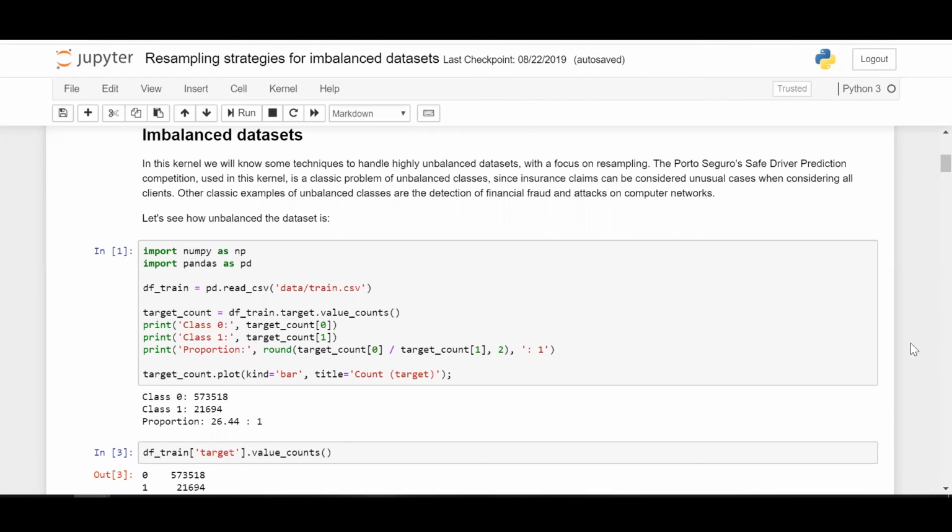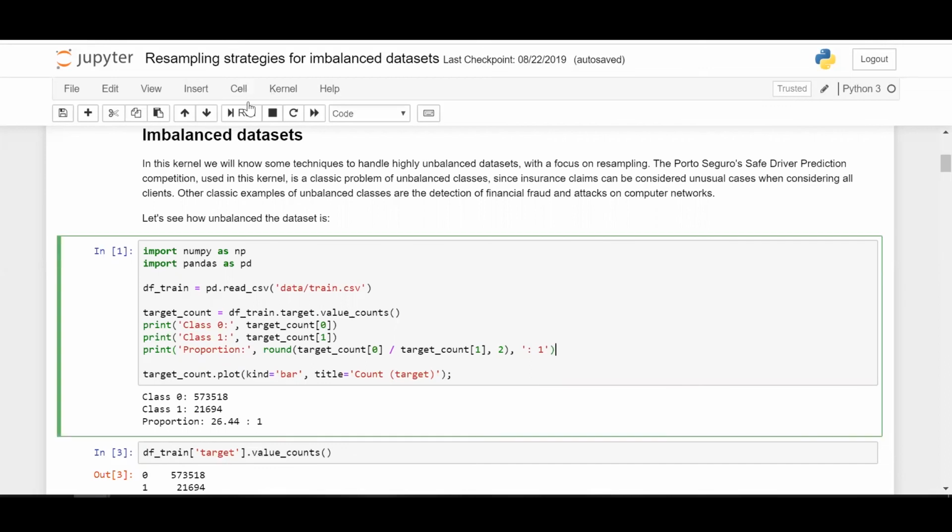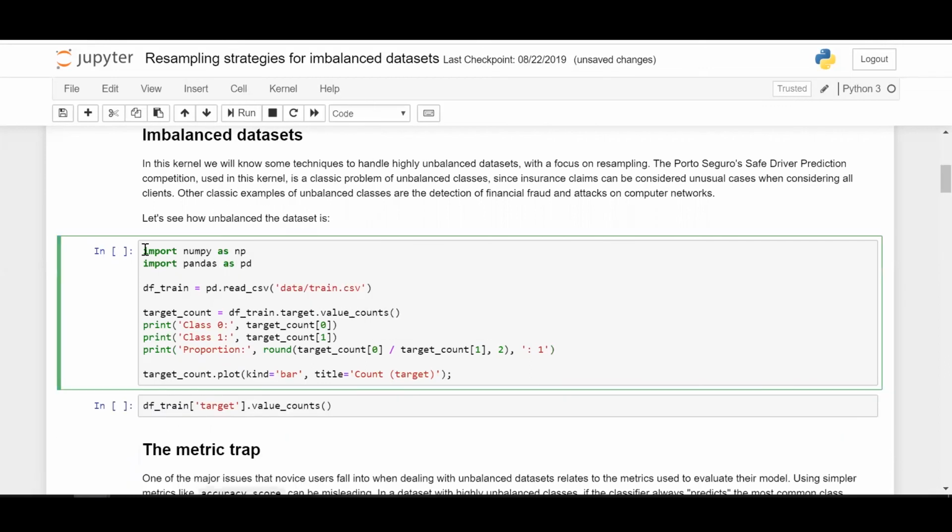Since this is a real world dataset, and as you know, real world datasets are more troublesome than the ideal datasets that we have seen in the data science curriculum. I'll just clear all the outputs and then we'll be good to go. So let's repeat our old drill again. Import the required packages, read the required CSV files, and this is the target count, meaning counts of all targets. Let's see the proportion of the targets